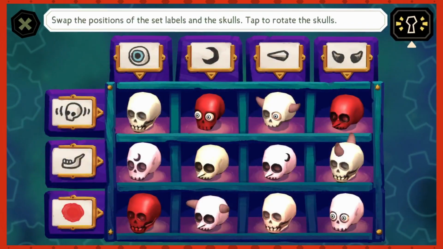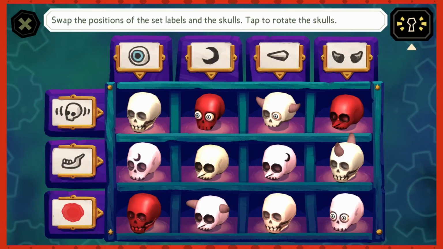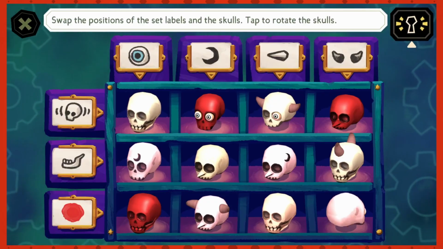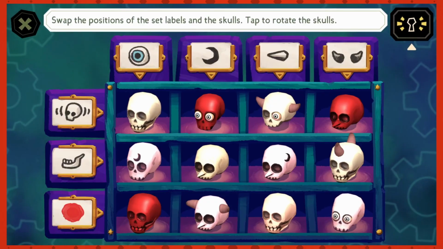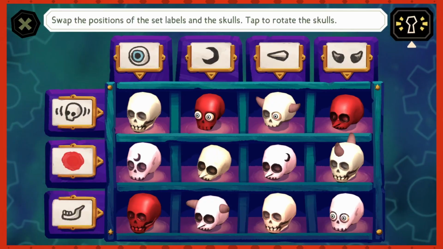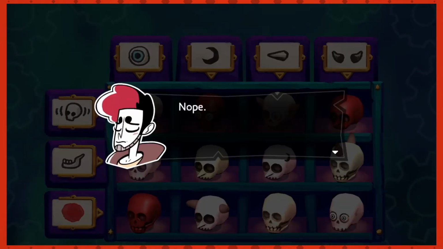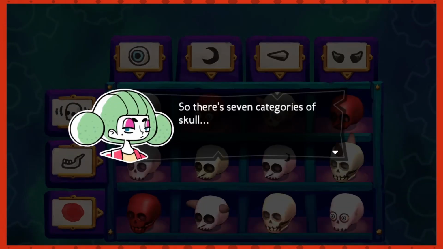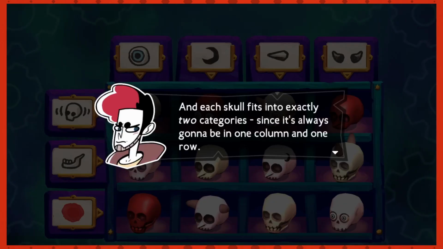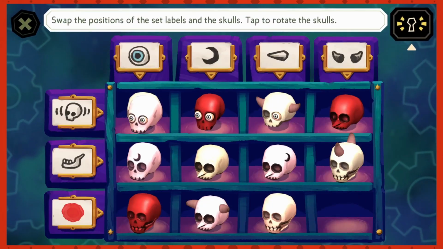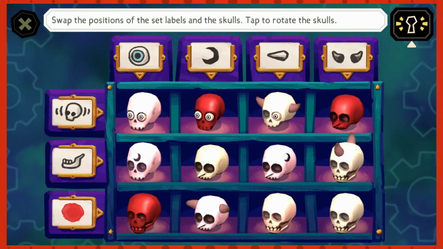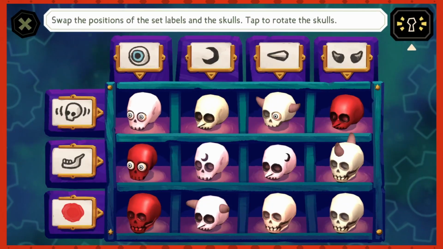Swap the positions of the set labels and the skulls. Tap to rotate the skulls. Okay, so they rotate. And I can swap the labels. Why would I want to swap the labels? So, there's seven categories of skull. Yes. Each skull fits into exactly two categories, since it's always going to be in one column and one row. So, okay, we have shaky skulls. Let's start with, you know,